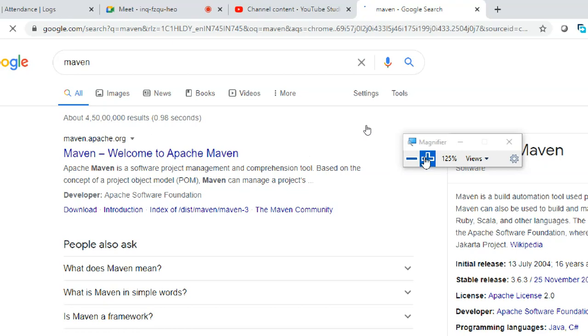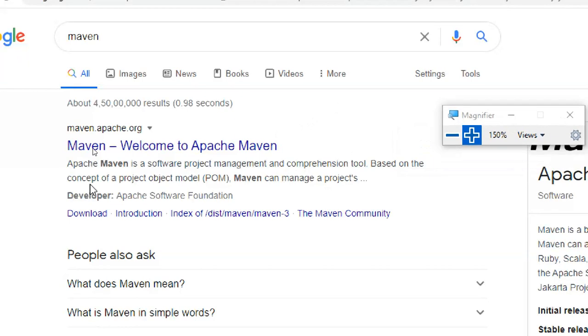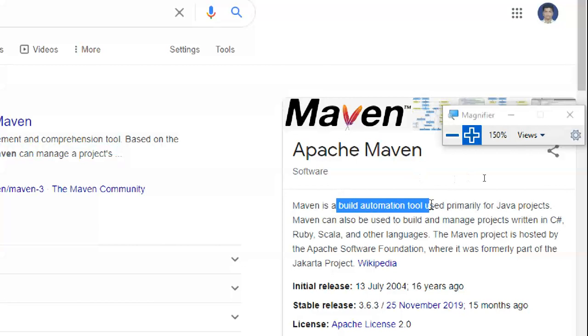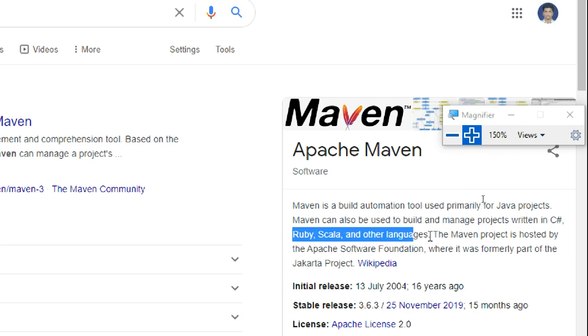So you can see Apache. This belongs to Apache. It's a comprehensive software project management tool based on the concept of a project object model. Maven can manage a project. It is a build automation tool used primarily for Java projects. Maven can also be used to build and manage projects written in C#, Ruby, Scala, and other languages.